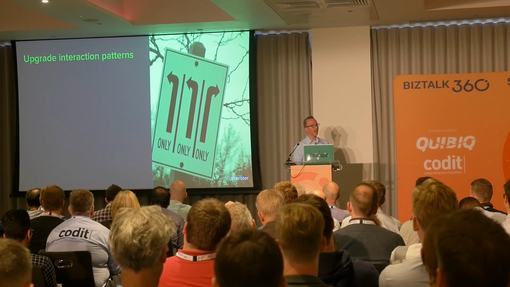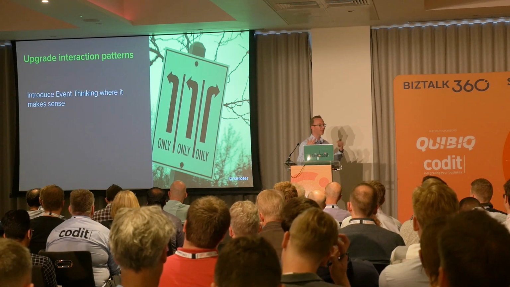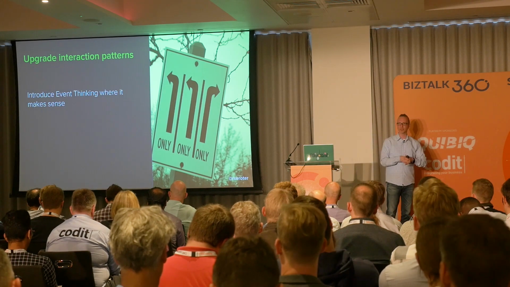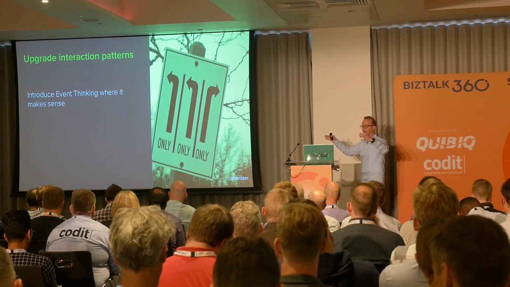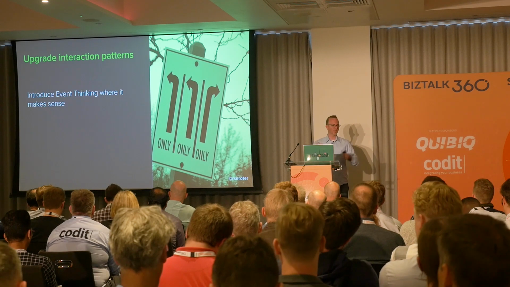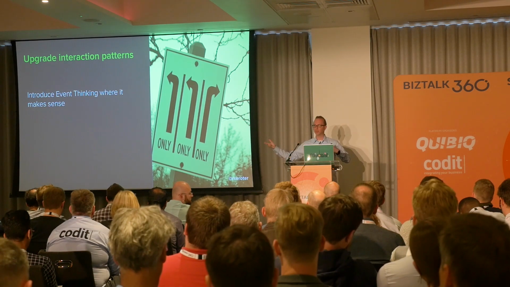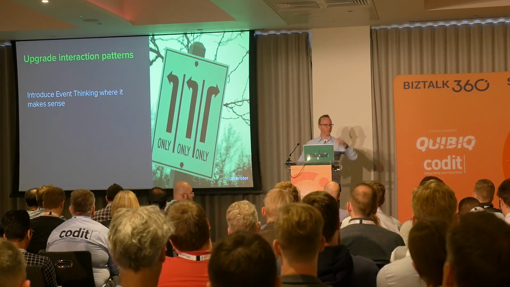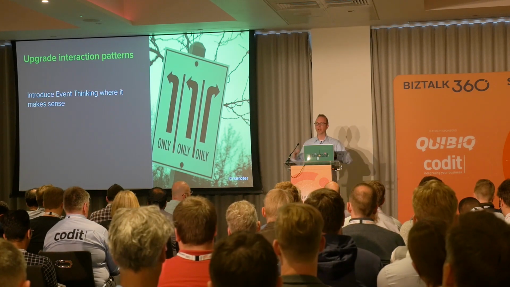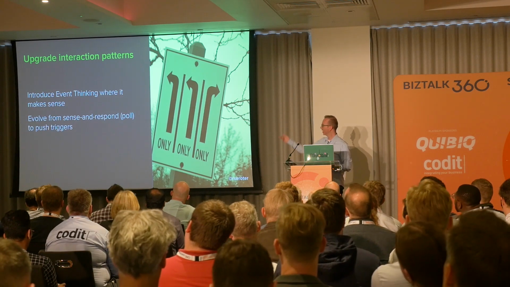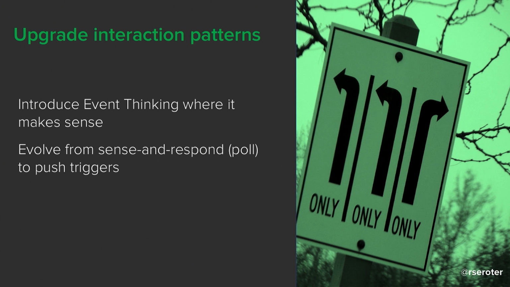What's next? So upgrading your interaction patterns. You're probably going to do more event thinking, whether it's event sourcing and CQRS or these other patterns where you say, look, I'm going to look at my problem area when I'm modernizing my app, and I'm going to figure out, okay, what are the core events we're processing, right? I might be thinking of new interaction patterns, CQRS, where I'm reading from one store, writing to another. These kind of patterns give you a different kind of cloud-native scale. In a lot of cases, just trying to move from pull to push.